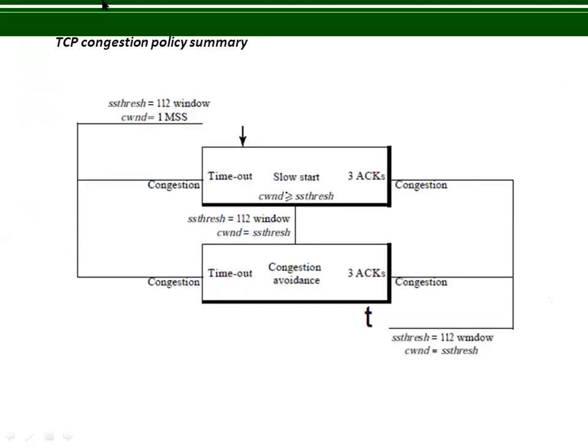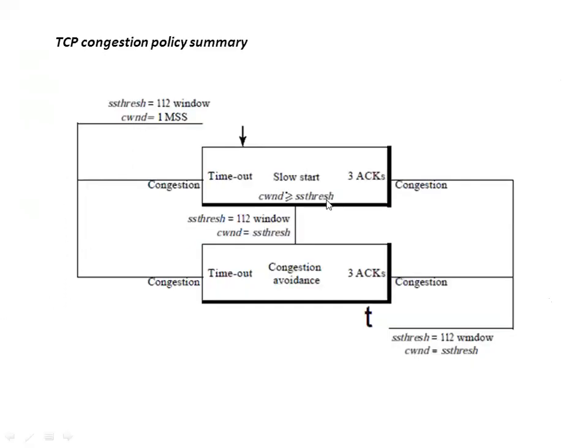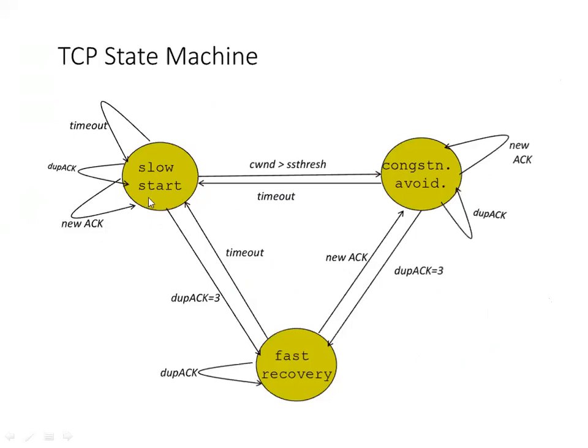The same thing has been discussed using this flowchart. Now we can see here the relationship between slow start, congestion avoidance, and congestion detection, that is fast recovery. You can just go through this diagram once, and you will be able to understand everything that we discussed till now.